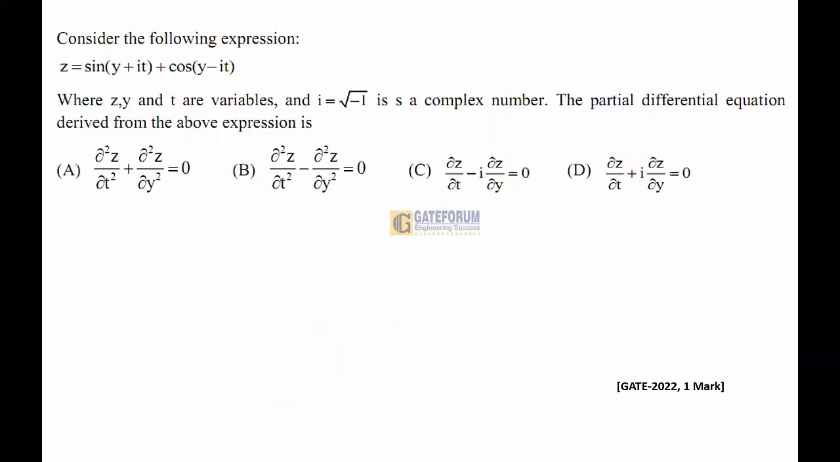The question is, consider the following expression z is equal to sin(y plus it) plus cos(y minus it), where z, y and t are variables and i is equal to square root of minus 1, a complex number. The partial differential equation derived from the above expression is. This is from engineering mathematics, from the topic calculus, partial derivatives or differential equations, partial differential equations subtopic. The solution is,